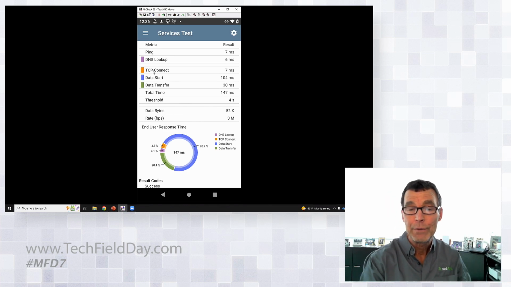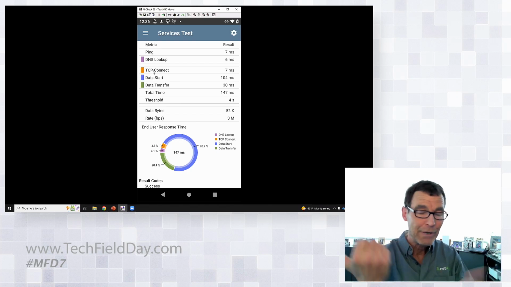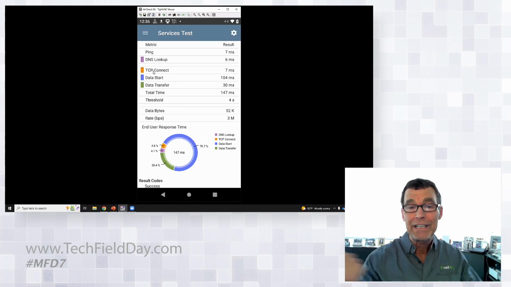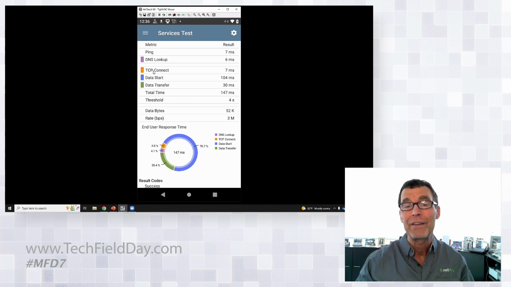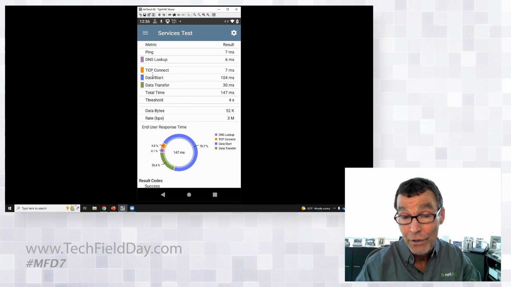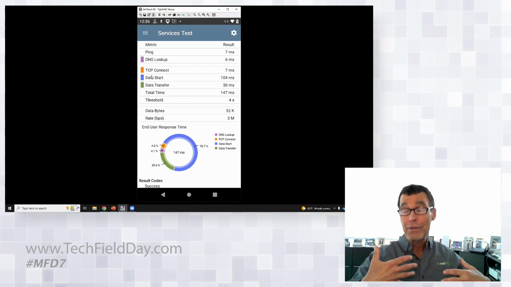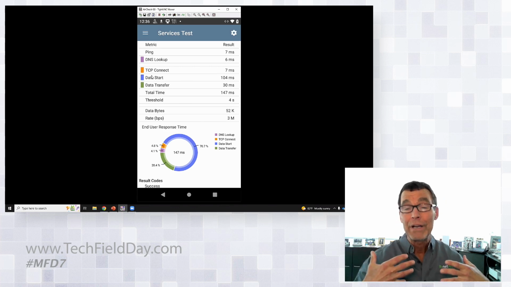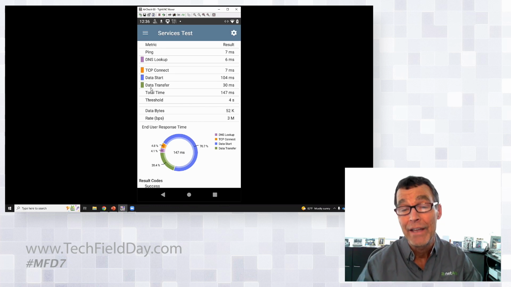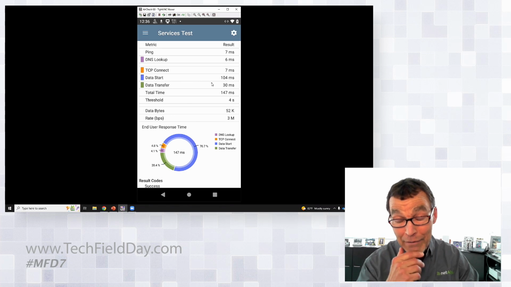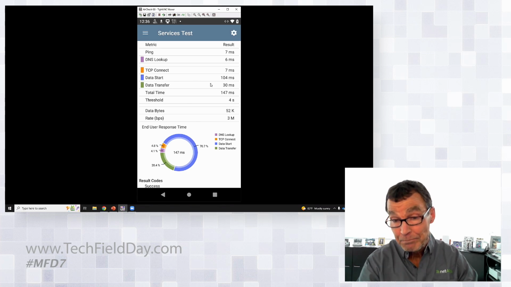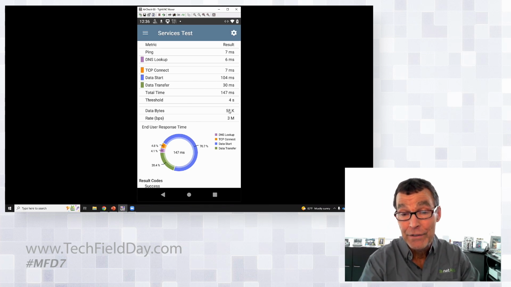How long did it take for it to do its, I think they call it north-south traffic, east-west traffic. Anyway, how long does it take it to go after all of its things to pull together the response to the page that I requested? That's data start. How long did it take for it to utter what's going to get rendered back to me? That's data start. And then data transfer is actually the part we're mostly in this room about, right? Which is how long did it take to send those 52 kbytes over the wire,